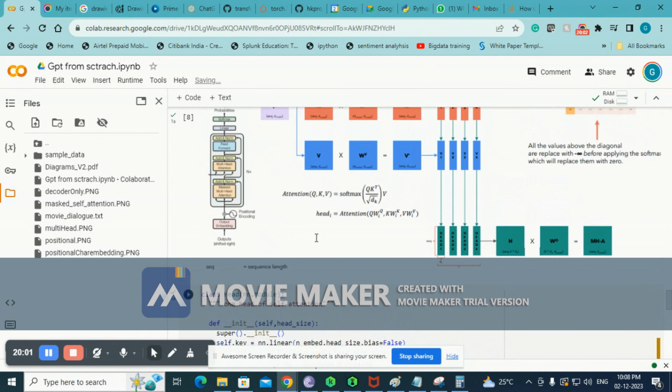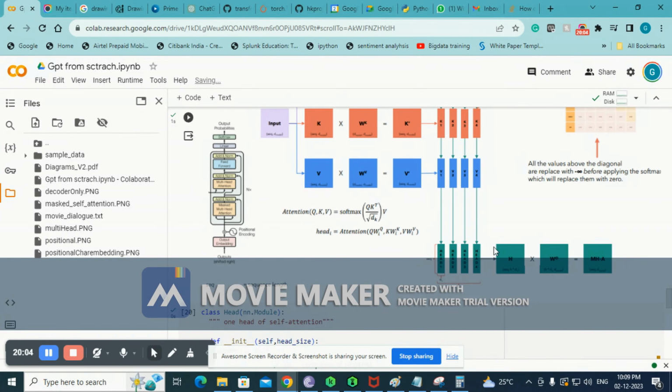Basically it talks about this one big block, wherein sequence is going to be the whole block size 256, and 96 into 4, which is going to give you 384,